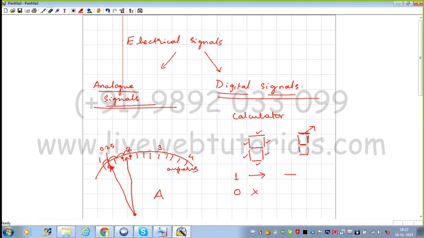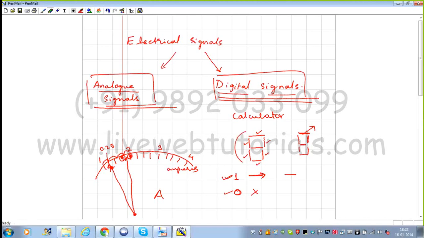present. A digital signal has only two options, while an analog signal, as I have said, between these 2 points will have infinite number of readings. That is the difference between an analog signal and a digital signal. A digital signal can have only 2 values, either 1 or 0. When 1 is there, it means the current is flowing. When 0 is there, it means there is no signal or there is no current.